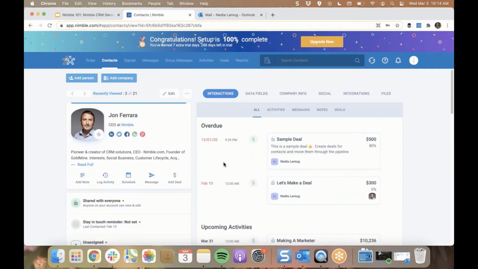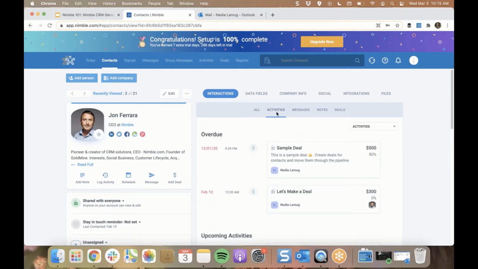Scrolling back up. On the right side of the contact record under interactions, you will see the entire history of the interactions you've had with this person, including all notes, emails, Twitter messages, deals, and all activities. You can also use the individual tabs, since the main interaction tab might become overwhelming as your relationship with your customer grows. So under the Activities tab, you can use the drop-down menu to select the specific activities you want